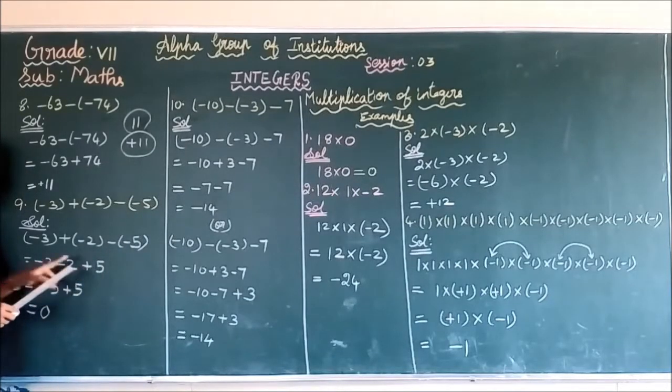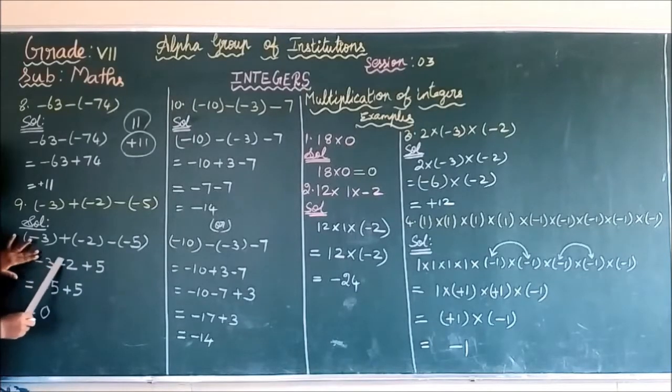It's clear, children? Okay. Observe these integers. Minus 3 minus 2 plus 5. Okay. Now we are going to simplify this. 3 and 2 have the same sign. According to rule 1, if the given two integers are in the same sign, you have to sum the integers. So sum the integers by ignoring the sign. 3 plus 2. What is the answer? 5. What is the symbol for 5? The common sign, that is minus.